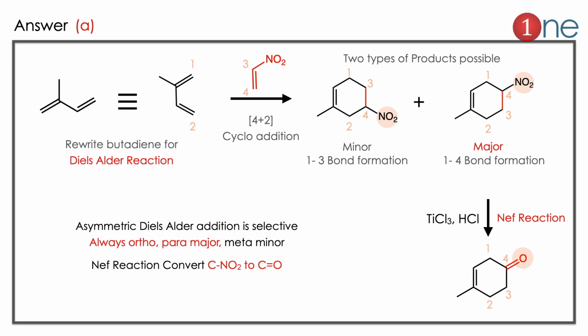The answer is A. Let us see how. The starting material is cyclobutadiene. It is a Diels-Alder reaction if you guess it right. We rewrite it in S6 form. It is easy for us to understand and convince. So we write butadiene and nitroethene. The Diels-Alder addition leads to the combination of bonds. There are 2 possibilities in this addition.